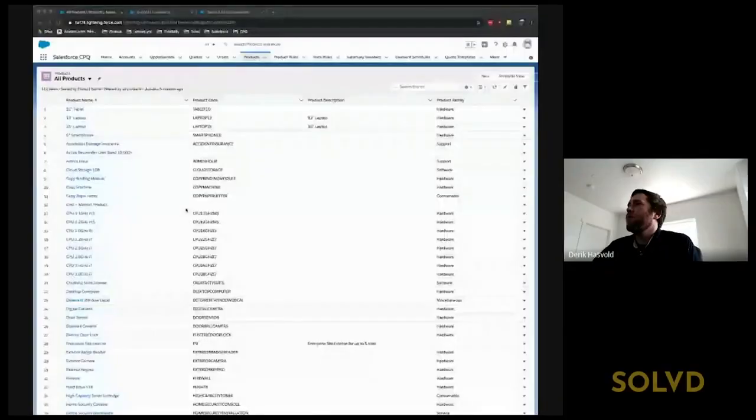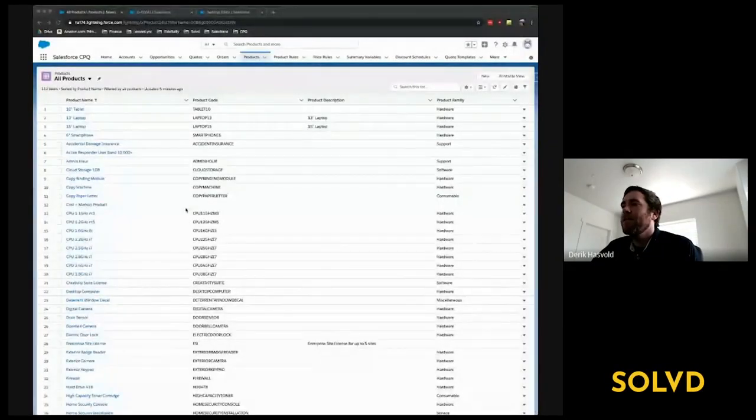Okay, so today we're going to look at setting up subscription products in CPQ. I think this is one of the most common use cases for CPQ products, CPQ pricing, but it has a couple of things that aren't super intuitive, so I think it's worth going through a quick little demo on how